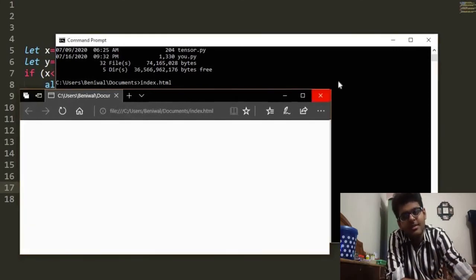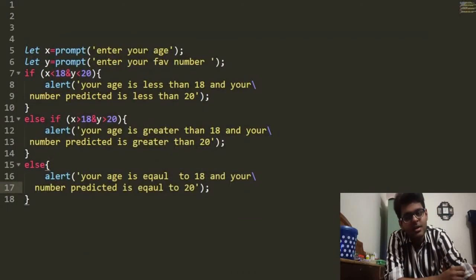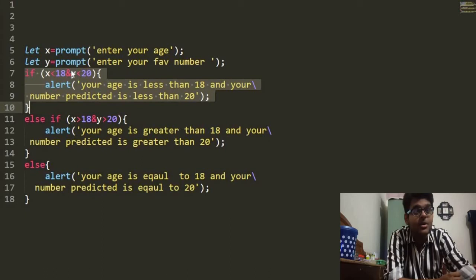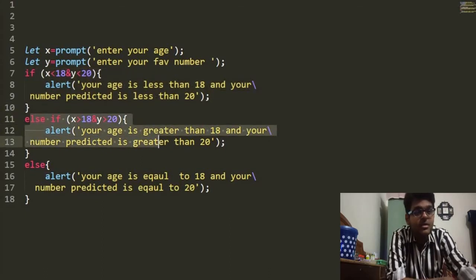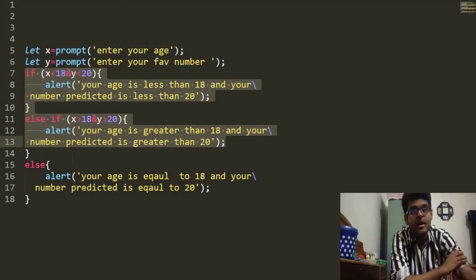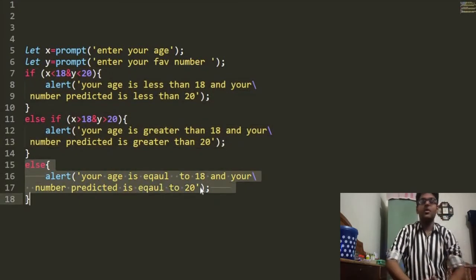Why did we get this output? Because in this case this if statement, this code block, is not executed because this statement is false, and this else if is also false. So these two conditions are false in our case in which we entered a number. That's why this else block is executed.